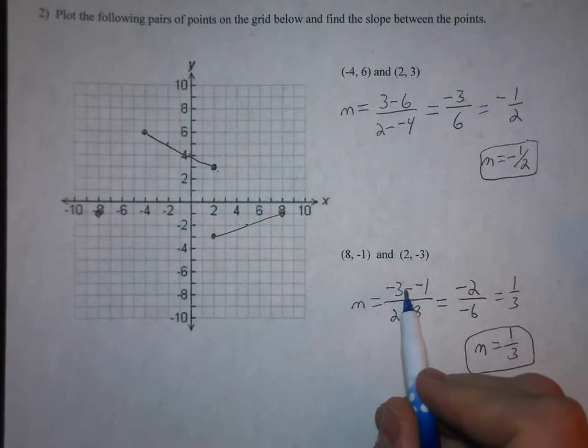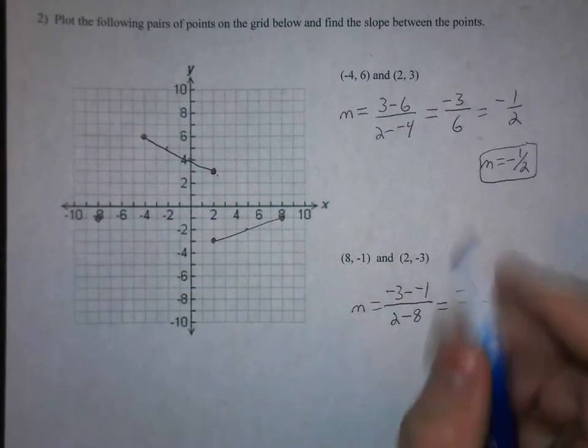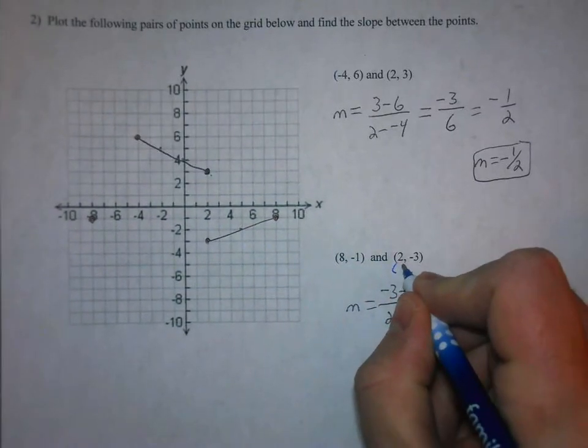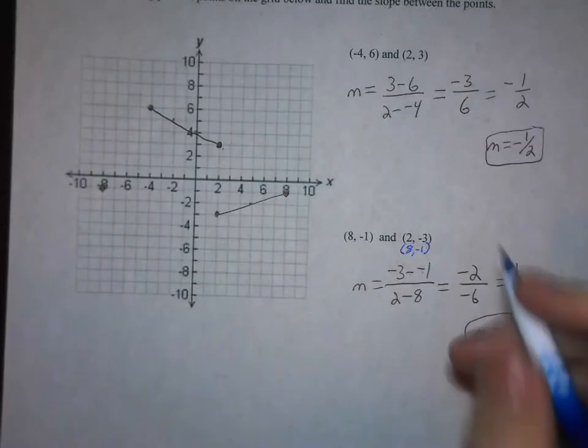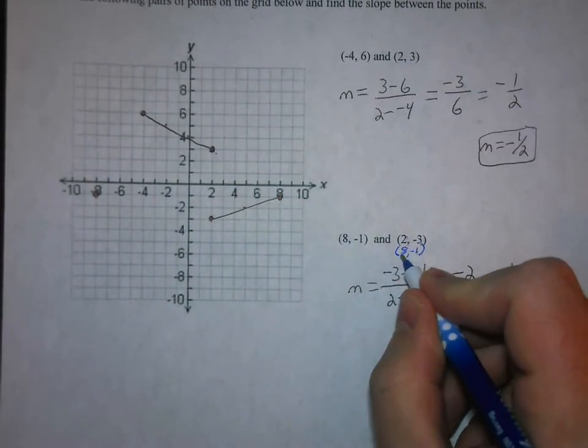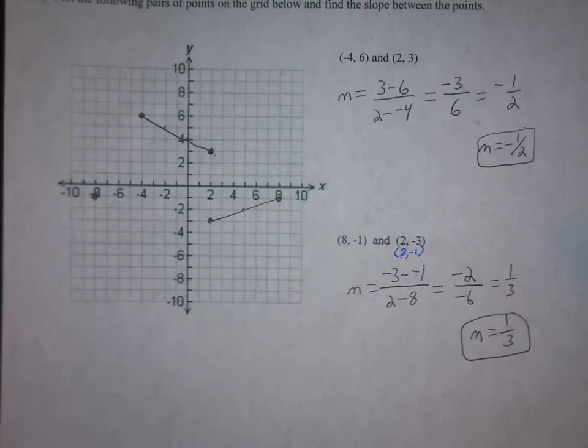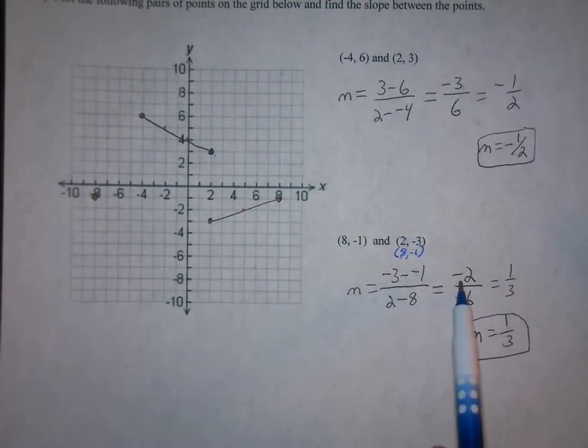I will say that it does help some people to write the points kind of above each other, like this. And then you can say y minus y, x minus x. That helps some people. So when you reduce that, you end up with negative 2 over negative 6,